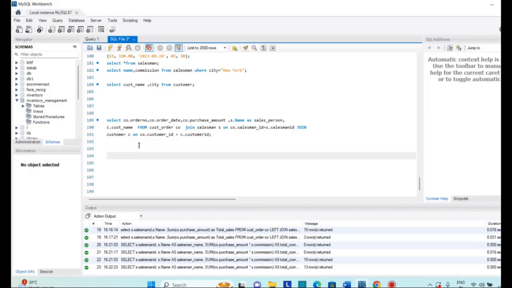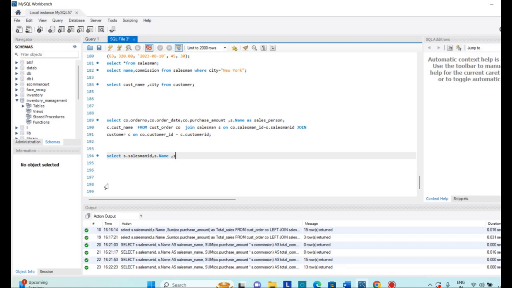Here we will write select S, as a shorthand for salesman, dot salesman ID. We need this field, then s dot name for the salesman name, and we need to find the commission.